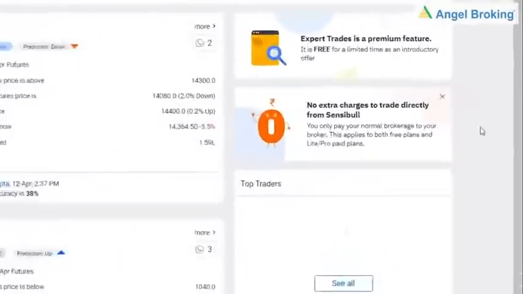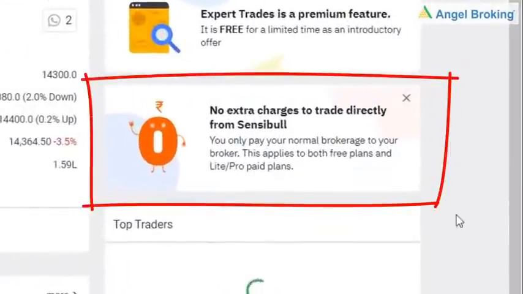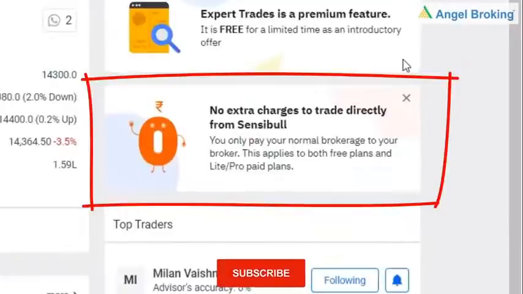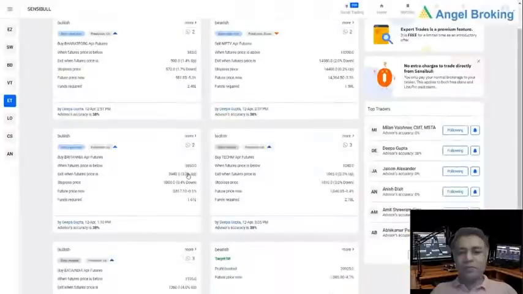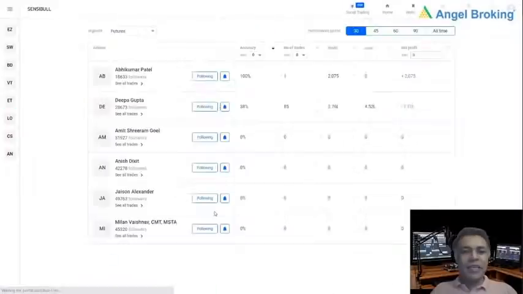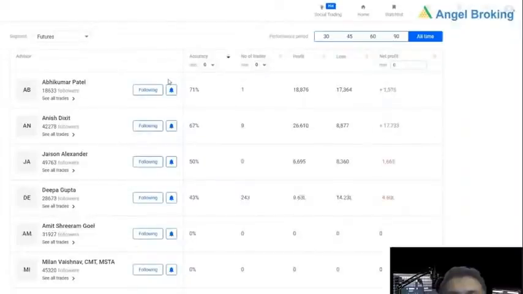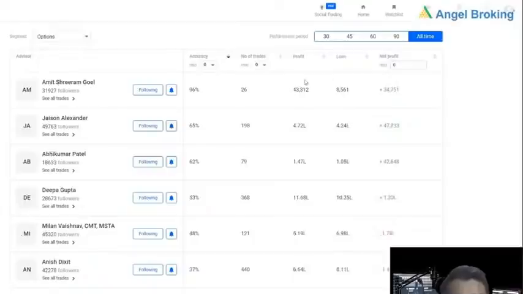So this is the great news. There are no extra charges to trade directly from Sensibull. Whatever you are paying to your broker, that's all you have to pay. So what it does is, first you might want to see the leaderboard, who are the good guys, who are the bad guys. So you can see all these traders who have been performing in our system for the last few months. So in options you can see there are these people who are having this much accuracy, this much P&L. So you can see every single